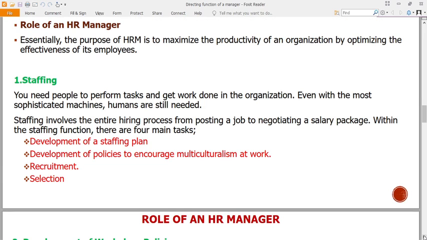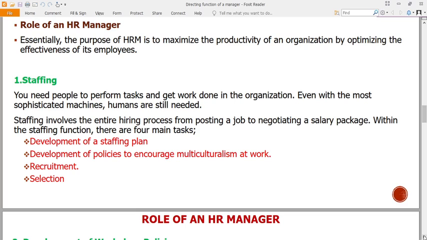However much we've had sophisticated machines or an improvement in technology, humans are still needed. So there is always need for staffing, and therefore the HR manager is in charge of developing a staffing plan,